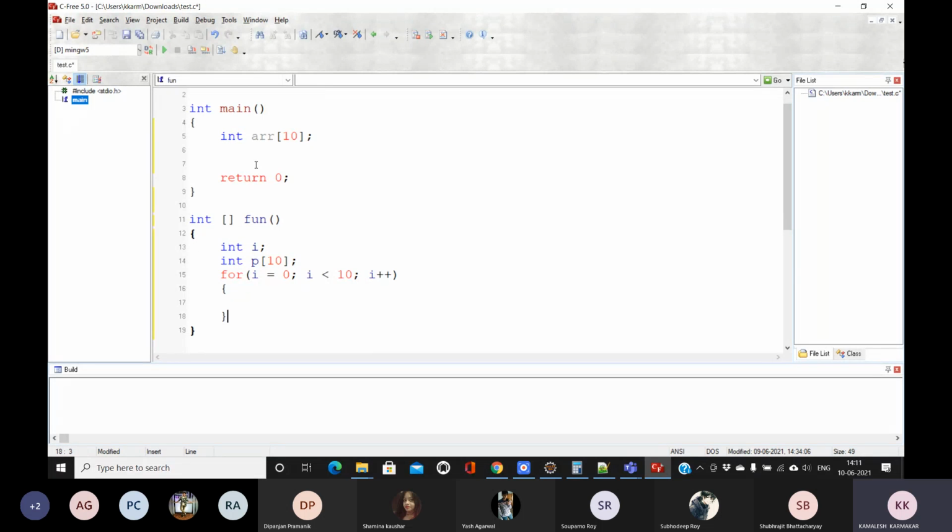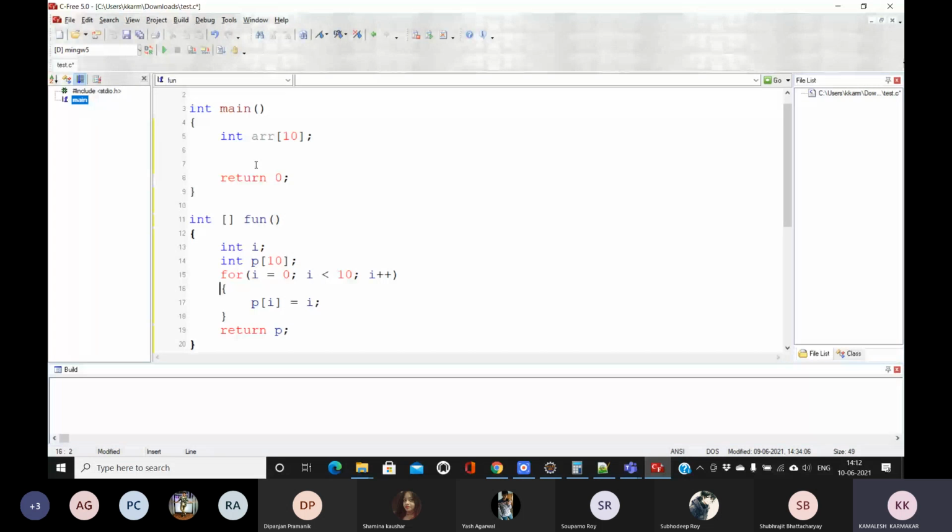This is the function which will prepare this array, and after preparing this array, it will return this array. Finally, this function is returning the array P.